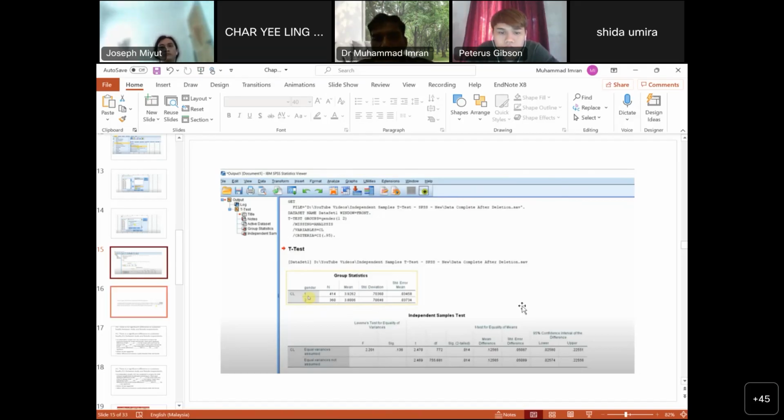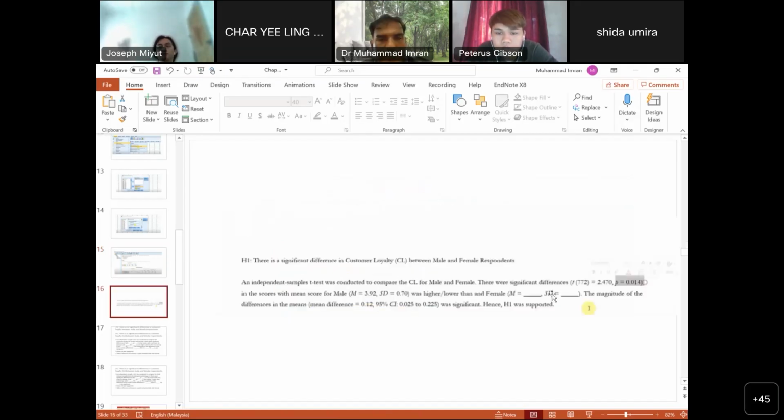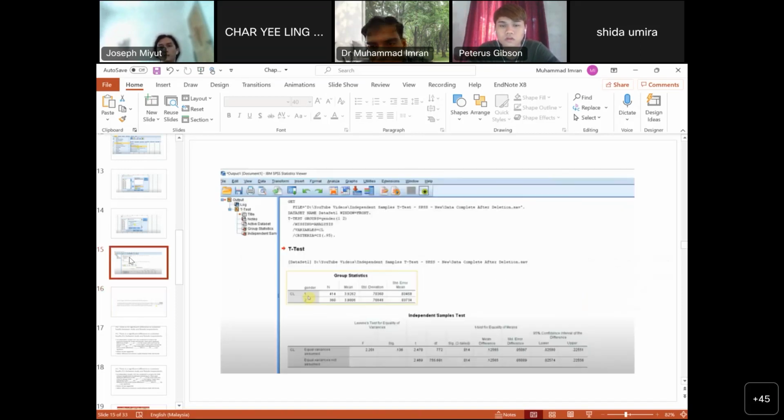Okay, the magnitude of the differences in the means. How much is the mean difference? It is 0.12. This is the mean difference, the difference between the two values. You can also calculate it on your calculator. And the 95%